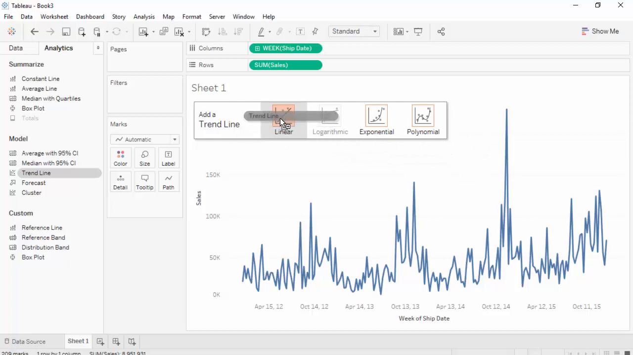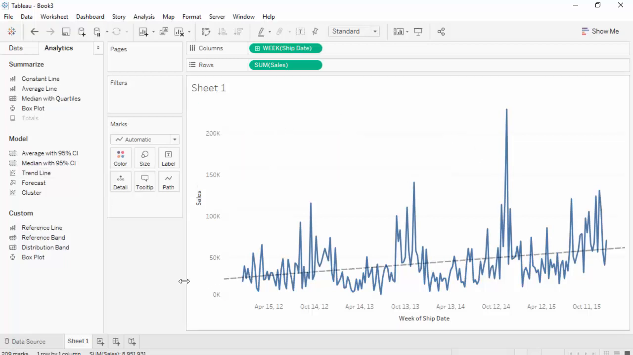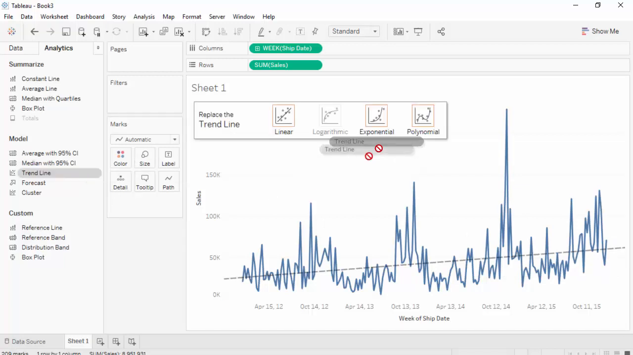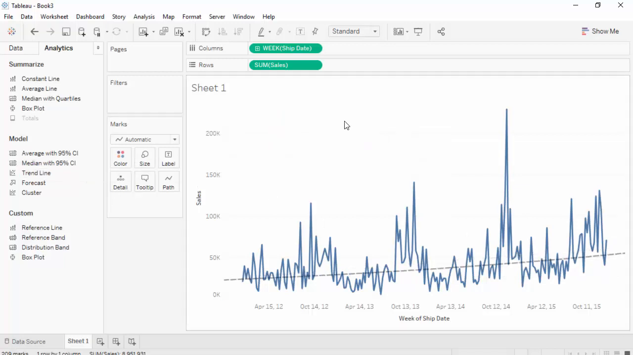You can have a linear trend line, so that draws a straight line through, so this is your regression line. Okay. B sub 0 plus B sub 1 times X. Or you can do an exponential trend line. Or you can have a polynomial trend line. With a polynomial trend line, you can control the